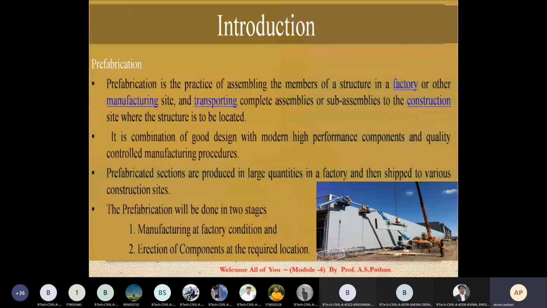The locally available material, then locally available labors, then locally available supervisors, then locally available machineries. If you hire such things, then ultimately the total cost of the construction will be minimum. So as far as concerned with the prefabrication constructions, we need to construct these panels, whatever may be